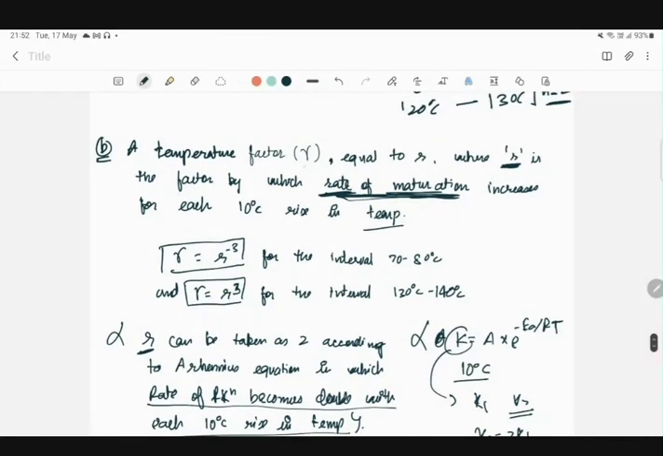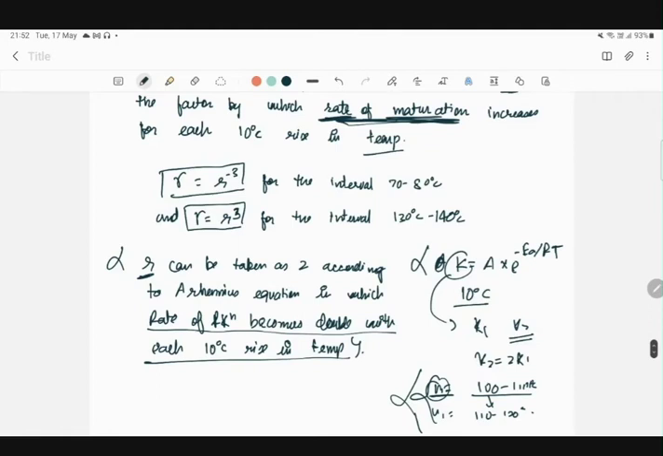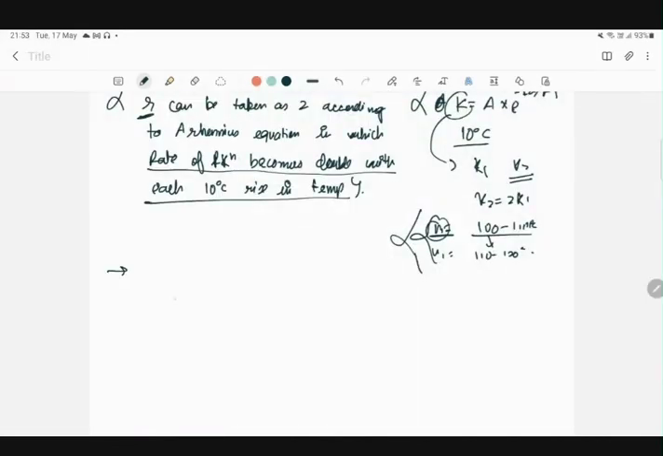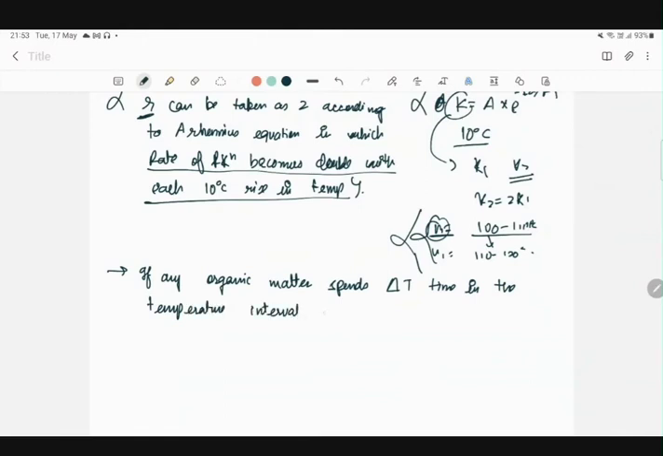Okay, this gamma. So finally now we are about to define the time temperature index. That is, we are about to quantify the maturation. So moving on, write down: if any organic matter spends delta T time in the temperature interval I, okay, then the increase in its maturity can be given as